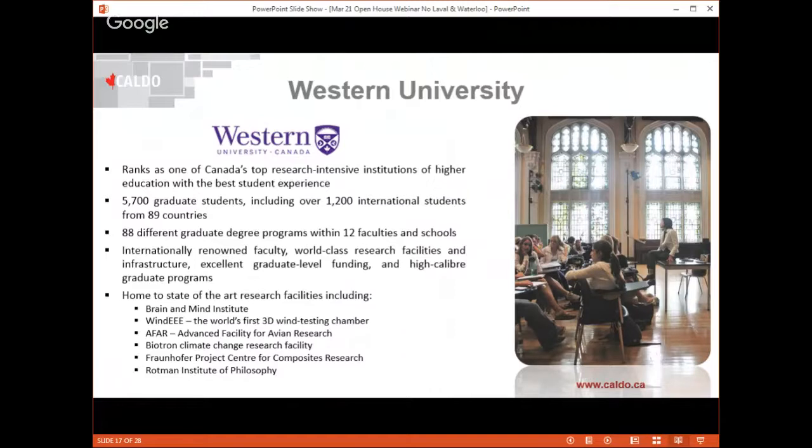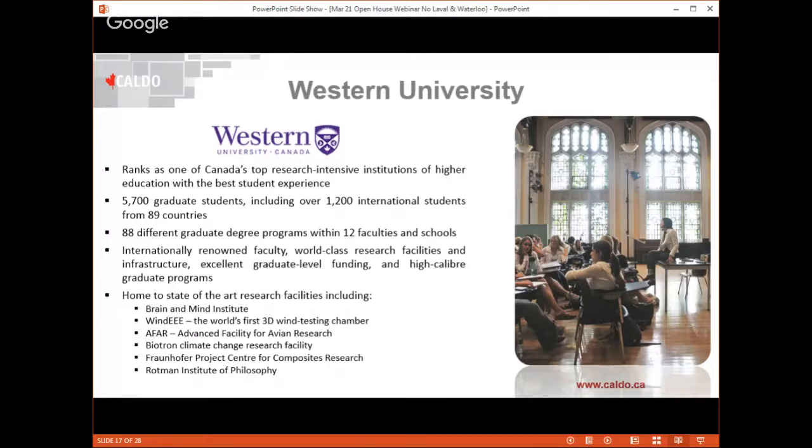As you may know, 1/3 of Canada's research capacity is found in our universities, and this is by far a higher proportion than most other countries, and Canada is recognized as a world leader in research and development. And as a result of this, our students have access to world-class research facilities and are able to conduct cutting-edge research at our universities. We also have nearly 50 prestigious Canada research chairs at Western who are awarded in